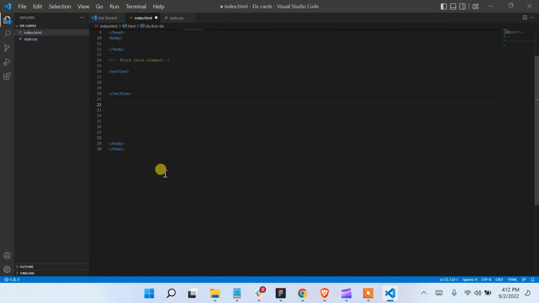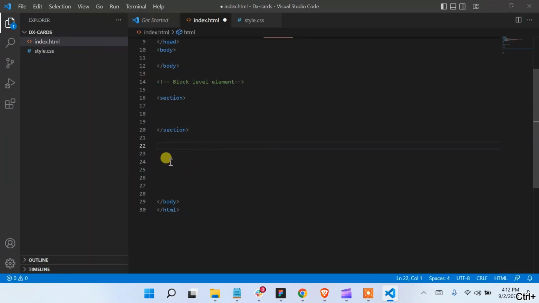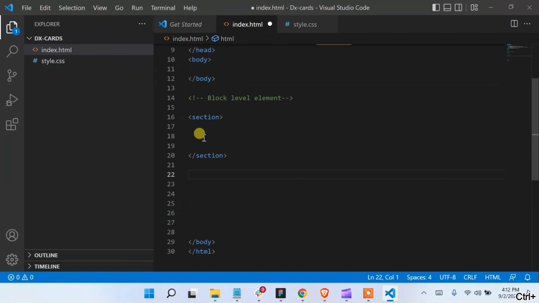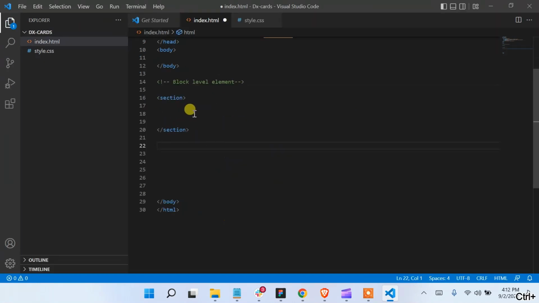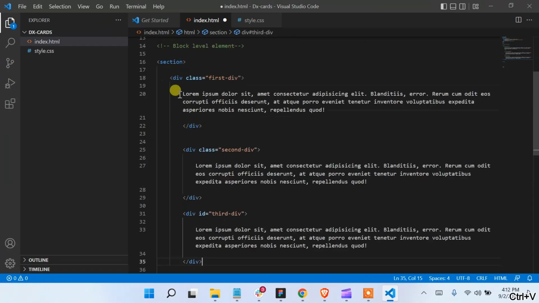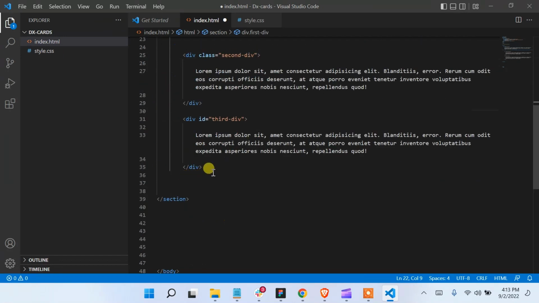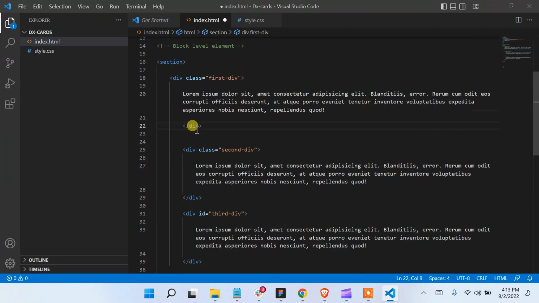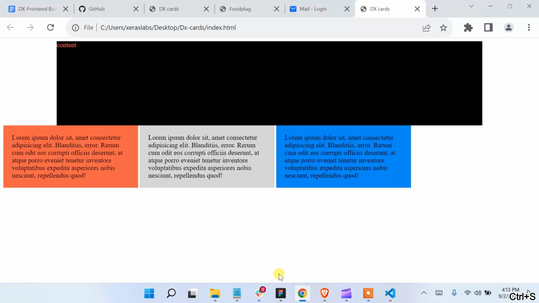So let me zoom that guy back. So if I cut it, there's actually nothing on my page except for this awesome looking section, and inside of it you can leave enough space. I'm just going to paste those three guys. So see, I copied everything properly without having to leave out a tag, or you are going to have certain issues in your code. So if I save this, if I come here and I reload, well, you are going